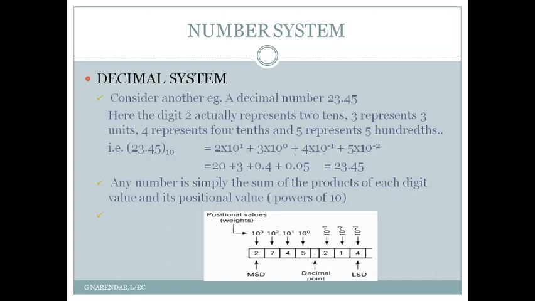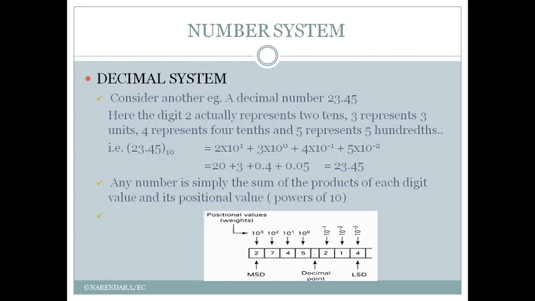So next we'll consider one more decimal number. Now this time it is 23.45. That means here we have taken a decimal number which contains the fractional part also. So here you can see, when you interpret this number, the digit 2 actually represents 2 tens and 3 represents 3 units simply, and after the decimal point